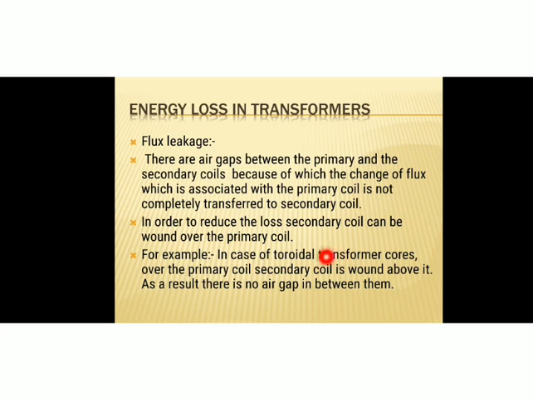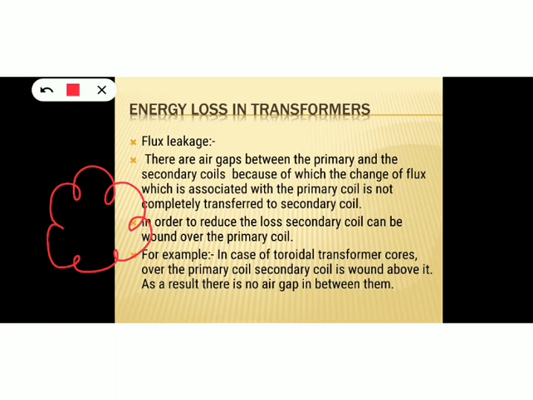In the case of toroidal transformer cores, over the primary coil, the secondary coil is wound, and as a result there is no air gap in between them. Okay, so toroidal transformers can reduce the flux leakage and thereby the energy loss due to that flux leakage. What is the structure of a toroidal transformer? Suppose this is the primary coil. Over this primary coil, the secondary coil is also wound like this. So there won't be any air gap between the primary and secondary coil, and there won't be much flux leakage. Okay,